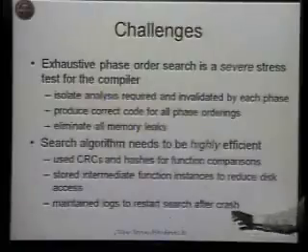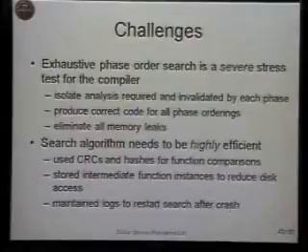So in that DAG I showed, at every point in the DAG, we stored the function instance for that point. And so the next time, we don't have to reapply all the optimization phases, but only apply one phase to get a new function instance. Note that the number of function instances that we have to store at any point is never more than the depth of the DAG, which in the worst case was 44. So it's not a big space overhead, but it gives us huge savings in time. And for debugging, we had to maintain logs to restart the search if after a couple of days the system crashed.